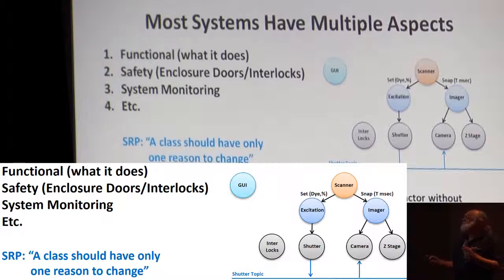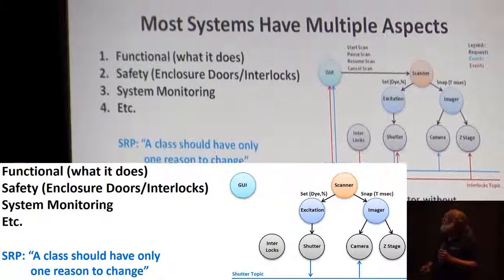So the problem is, how do you fulfill all these requirements of aspects that are not interrelated in a single class? This looks like you'll introduce a lot of coupling, because the shutter, maybe it doesn't need to know about internet. Maybe it doesn't, I don't know. But this is a big question.